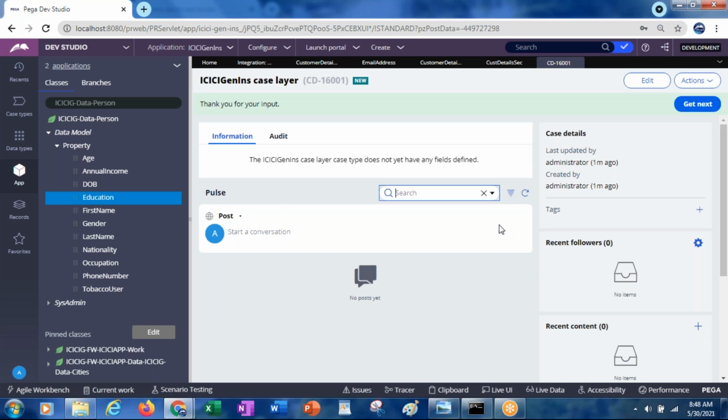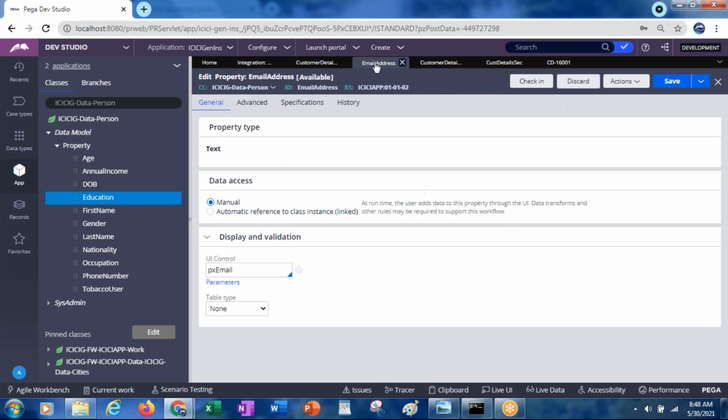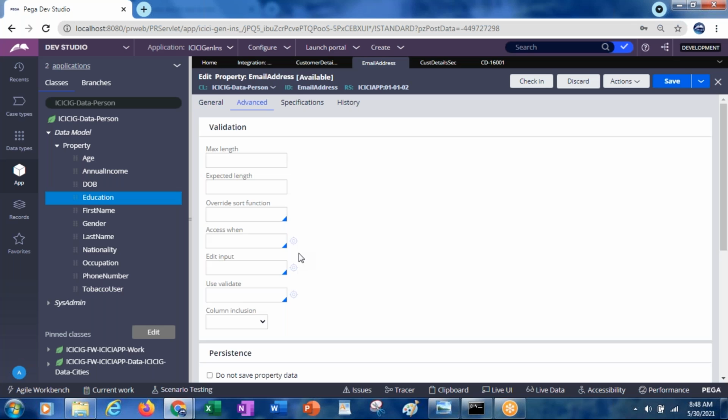We applied the validator, all right, on the email address. That is the control over there. Okay. Let's see validate.